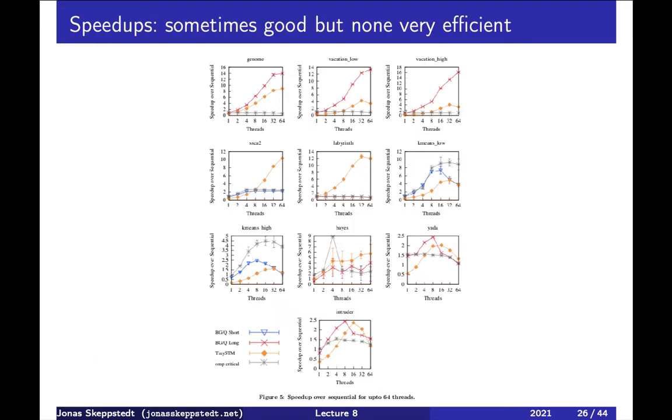Okay, so here are speedups for different numbers of threads. And now we want, I mean, these graphs should be as high as possible. Higher is better. So here we have the number of threads that were measured,